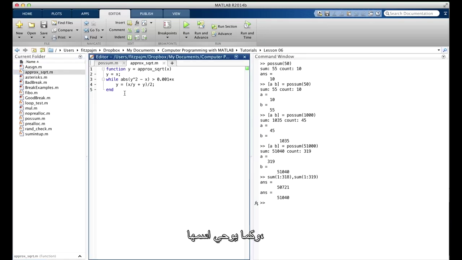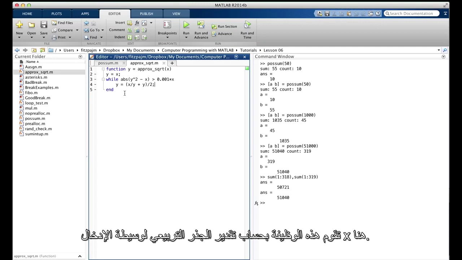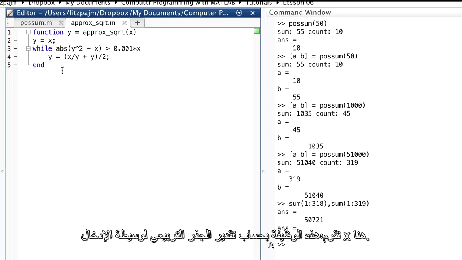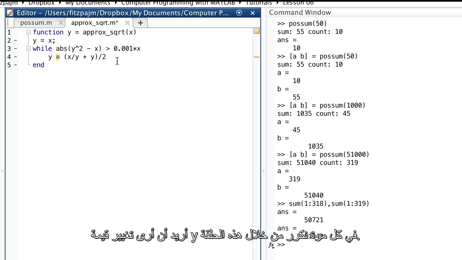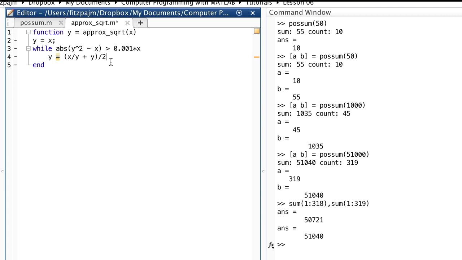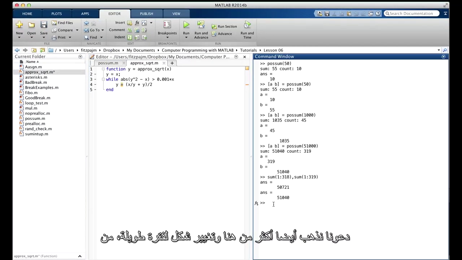As its name suggests, this function computes an estimate of the square root of its input argument x here. There's just one statement in the body of this while loop. It computes the value of the variable called y. I'm going to remove this semicolon. You wouldn't ordinarily want to do that, but I want to see y's value change each time we iterate through this loop. Let's also go over here and change the format to long,